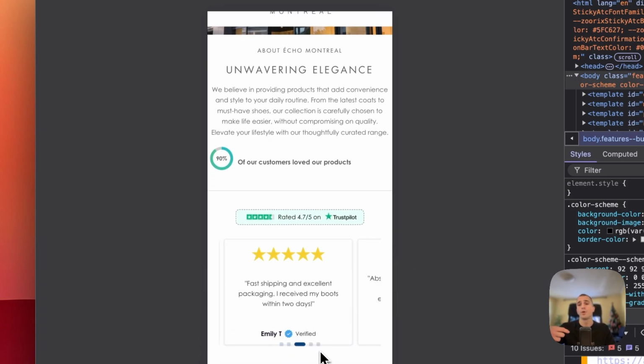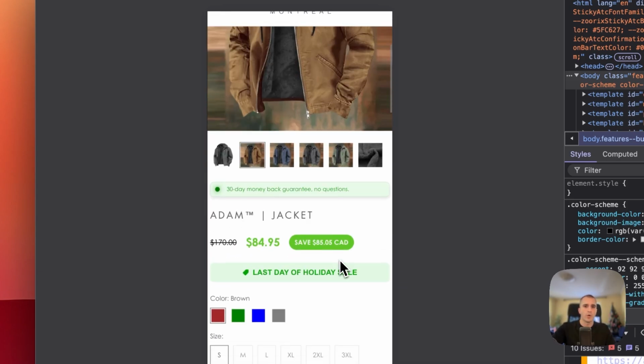Now the thing about your reviews, it's really good that you have reviews, but what you need to have is images of other people wearing your products, because once again people are buying from other people and your whole product page doesn't have any of the human touch at all. You also need this star rating widget here above default so that you show how many happy customers you have.